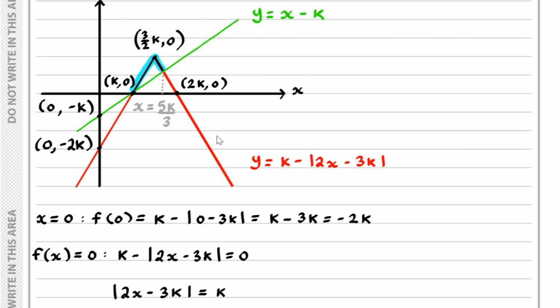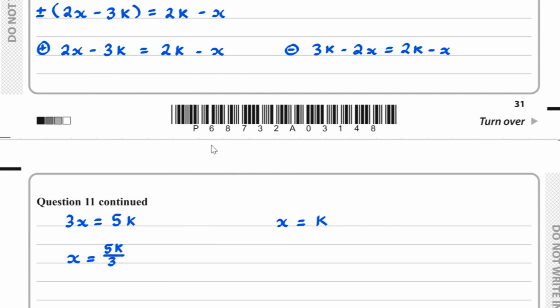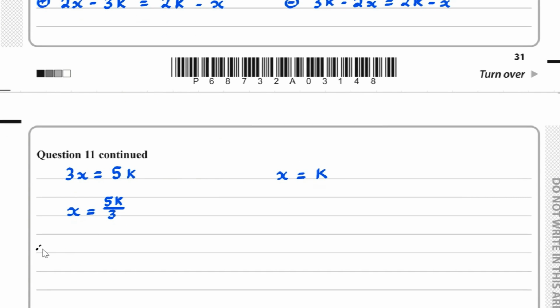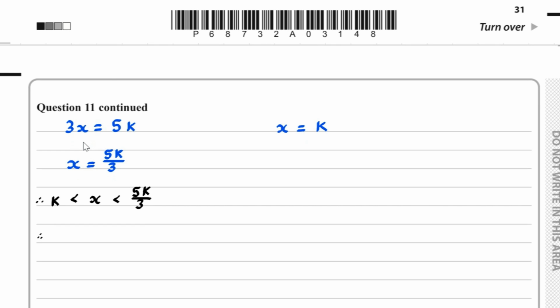Hence, when we come to state the solution, we have k is less than x, which is less than 5k over 3. We need to express this in set notation,